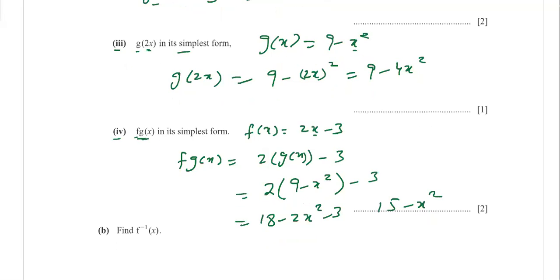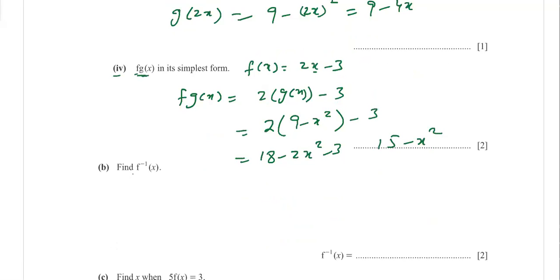And then in the next part, it's been asked to find f inverse x. Now, how do we find f inverse x? Always first we say let y equal f of x. The given function equals y, and x equals f inverse y, because if you take this f to the other side, it will become f inverse y. Now replace this in the function f of x. This is our f of x. In f of x, if I replace y, the given function will become y